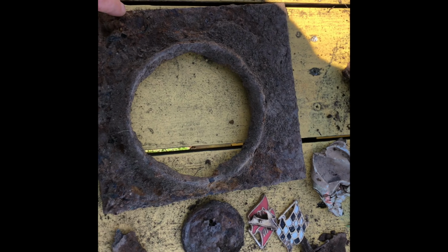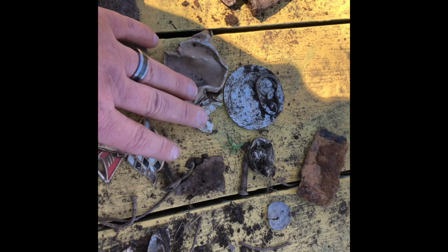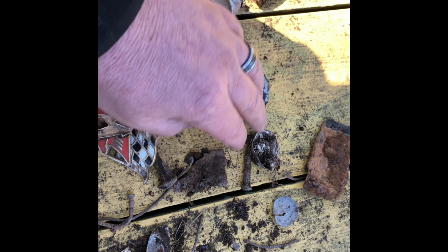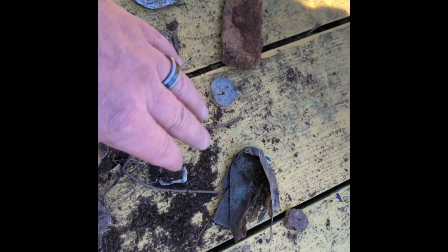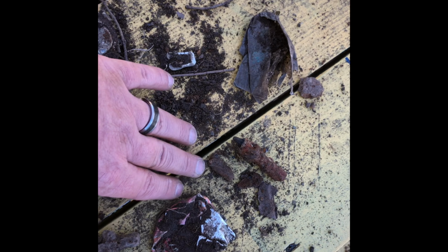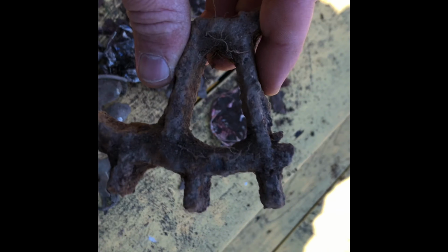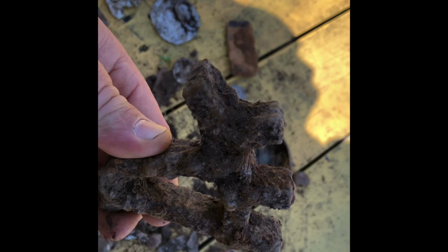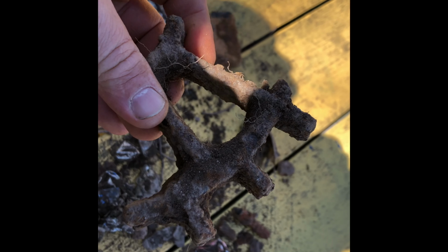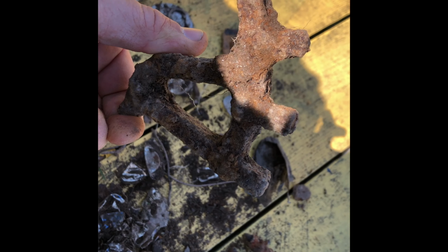All right, everyone, I'm gonna show you all my finds. I had this old piece of iron, looks like it's from a stove or something like that. Old can, some old aluminum cans, aluminum top, nails, piece of iron, trash, or these are nails right here actually. Some kind of bolt, nails, something, I can't exactly tell. There's just some more trash. Then I had this old piece of iron right here. Looks like a piece of grating or from a heated stove, or I'm not 100% sure on that. So I gotta look up and see what was here,